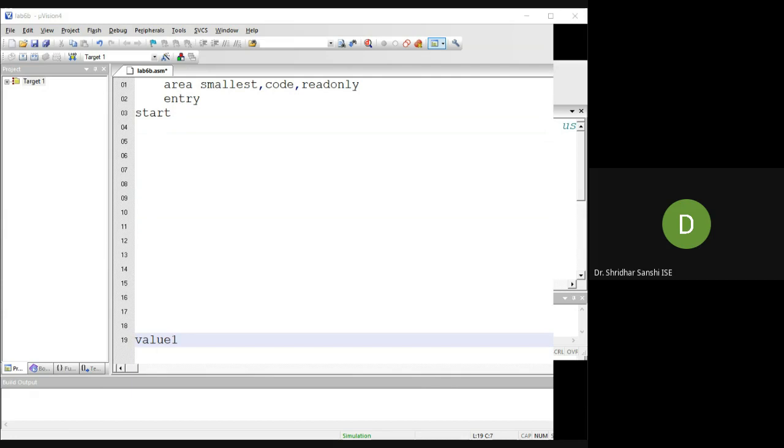I'm declaring an array of size 32 bit, so I should use DCD. If I give DCD, it's a 32 bit storage. So I will give DCD and some hexadecimal number.